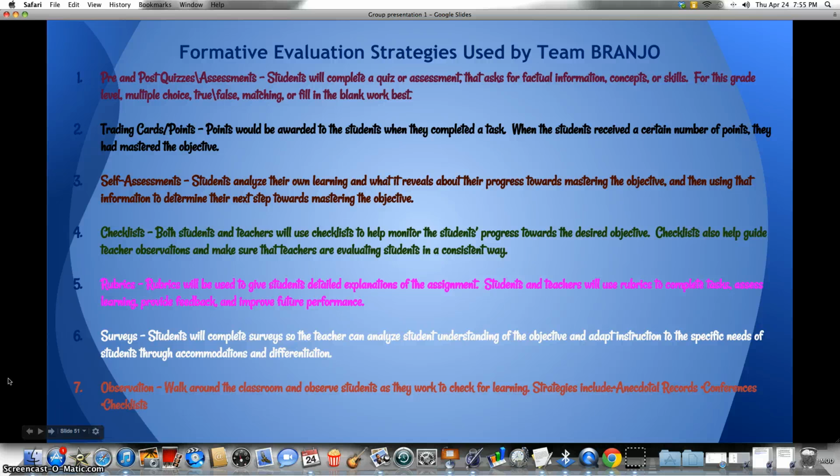Here's just a quick list of some of the strategies that Team Branjo used: pre and post quizzes and assessments, something called trading cards or points, where points were awarded as they completed the objectives or the tasks, self-assessments so the students can analyze their own learning and decide what they need to work towards, checklists for both students and teachers to use to check off the objectives as they learned them, rubrics to give them detailed explanations of the assignment and help to improve their future performance,